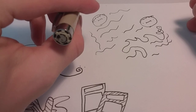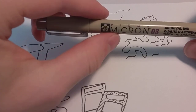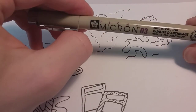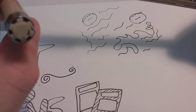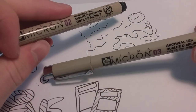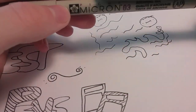So when you're trying to look for your pens really fast and trying to grab one, you're not going to know what they are because they chip off. So that is a big complaint for me, because I am usually looking through all of my pens, and the majority of them don't have anything on the end, so that's where you're looking for them. So you got to look at the sides to try and see what they are. But I would definitely say that these are a step up from the Faber-Castells, so if you have the money,